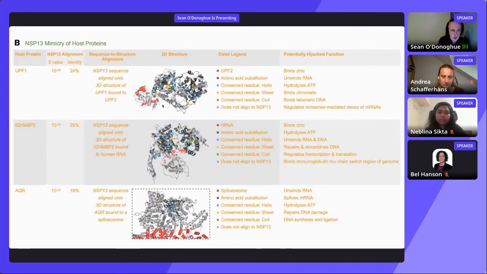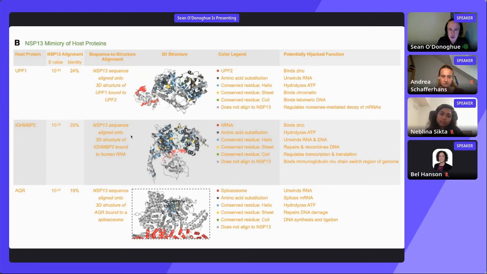And the proteins that are potentially mimicked are human helicase proteins, but there are nearly 100 human helicase proteins, and only 3 of them have been recognized as having significantly similar sequence identity to be potentially mimicked. So presumably it's specific functions associated with these helicases that may be being mimicked, and then functions associated with them being hijacked. The strongest one being UPF1 and the